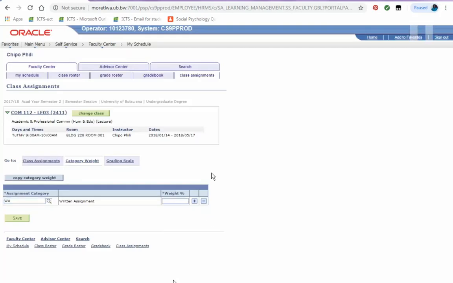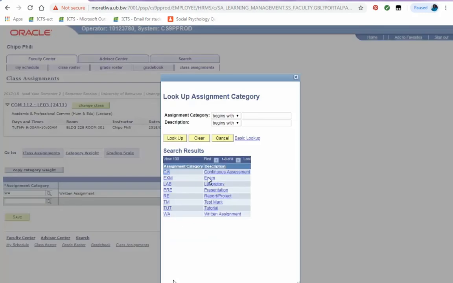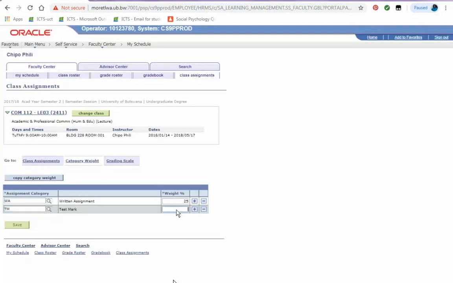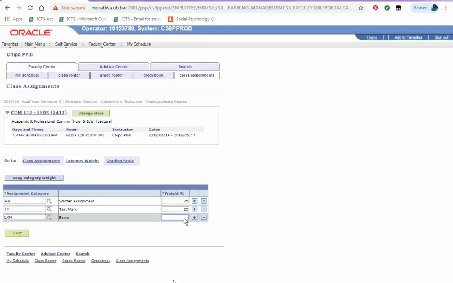Then you type the weight for that assessment. For example, I said a written assignment will be 25%, so I'm going to type 25 under weight in percent. Click on plus to add the next assessment, which is the test. Click on the magnifying glass, look for test mark, click on it, type 25, plus, then the exam. Give it a 50